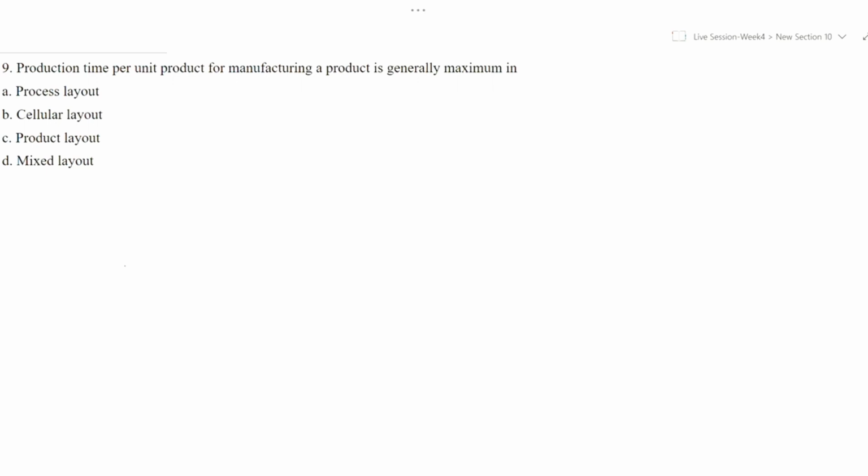Production time per unit product for manufacturing a product is generally maximum in which type of layout? Well, as we already discussed in our first question, since product layout is based upon the sequence of operations to be followed, it is very streamlined. So the time per unit product for manufacturing is very less as compared to the process layout,